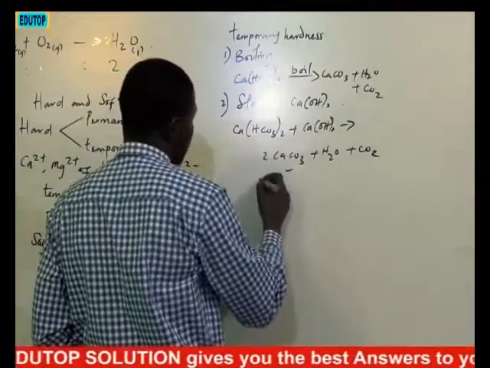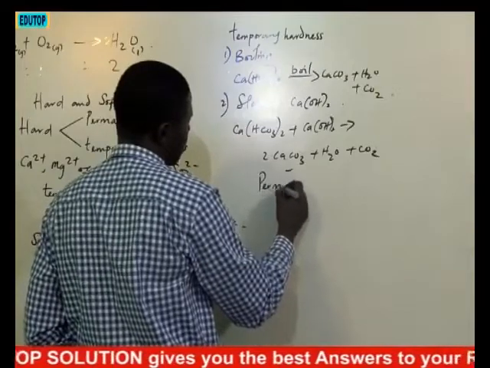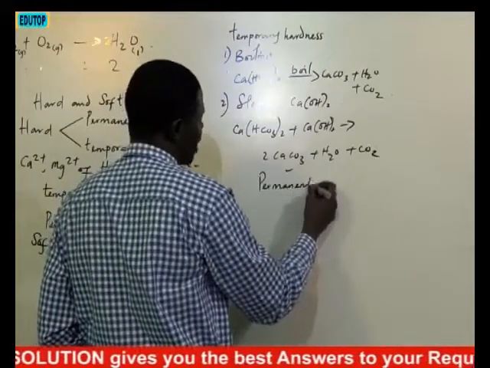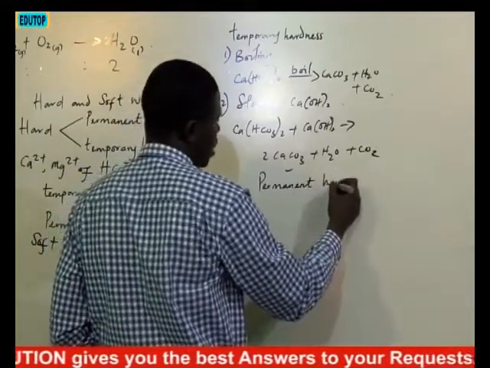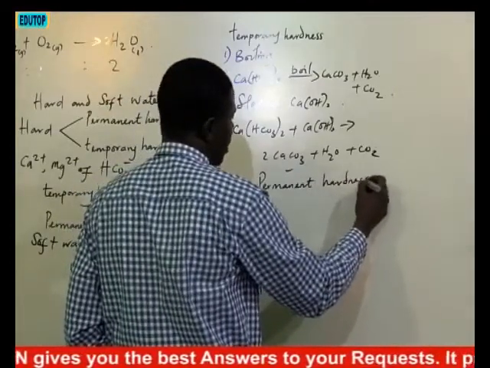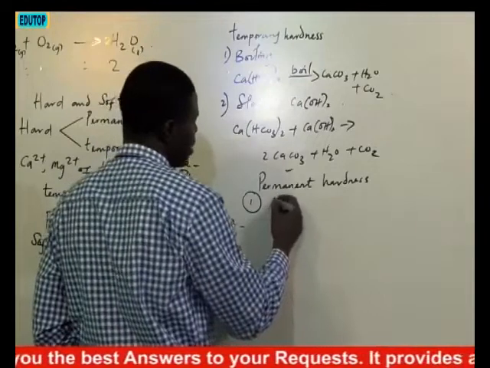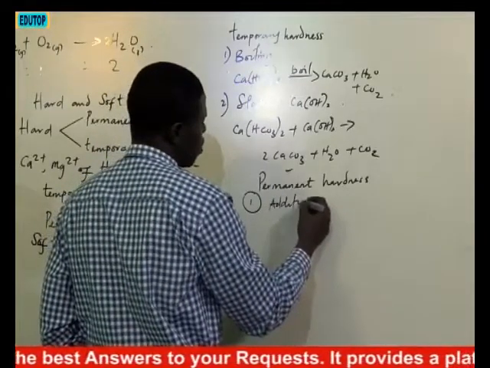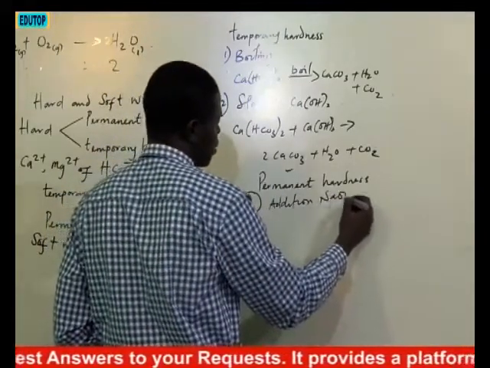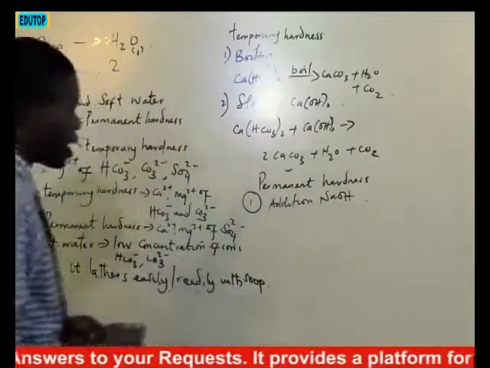Then if we are to talk about permanent hardness, we cannot remove permanent hardness by boiling. Take note of that. We cannot remove permanent hardness by boiling. One way of removing permanent hardness is by the addition or the introduction of sodium hydroxide. So we can remove permanent hardness by